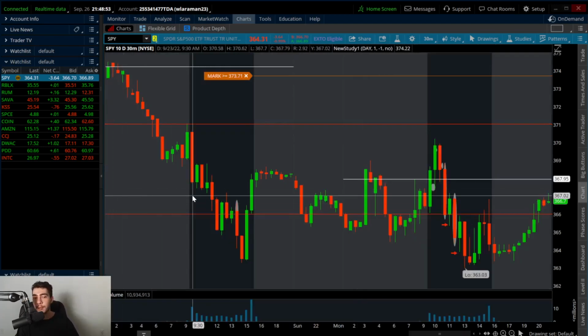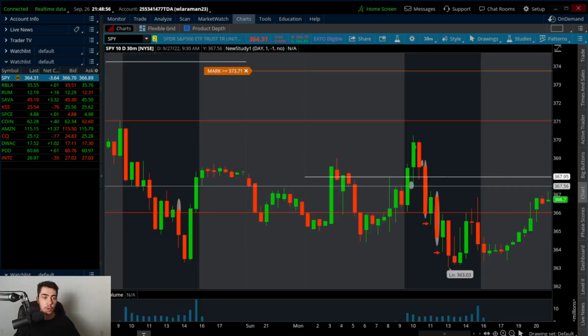Now, I want to bring a lot of awareness to this. In terms of trading the SPY, guys, the best trades to be made are later in the day. I'm telling you, if you just wait, I'm really trying to figure out the overall best time frame. I would say ideally past like 11 a.m. You want to give the 30-minute chart some time to develop. You want to give it some time to see how the price action is,